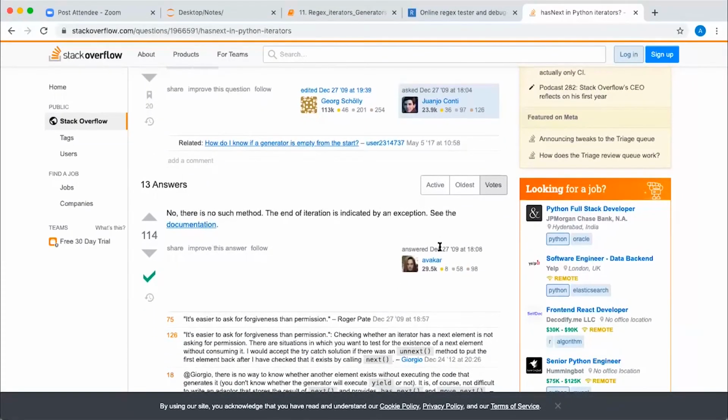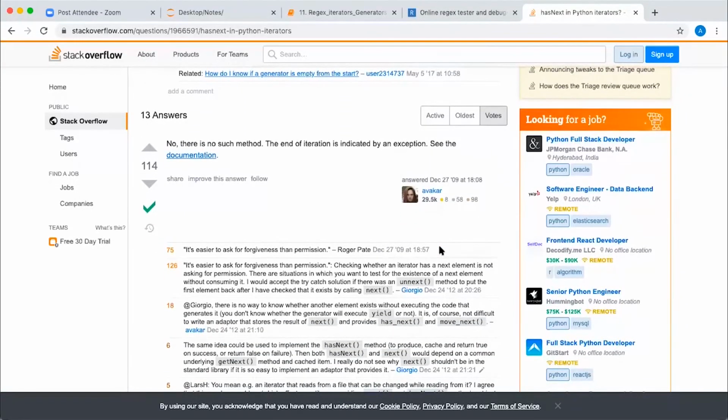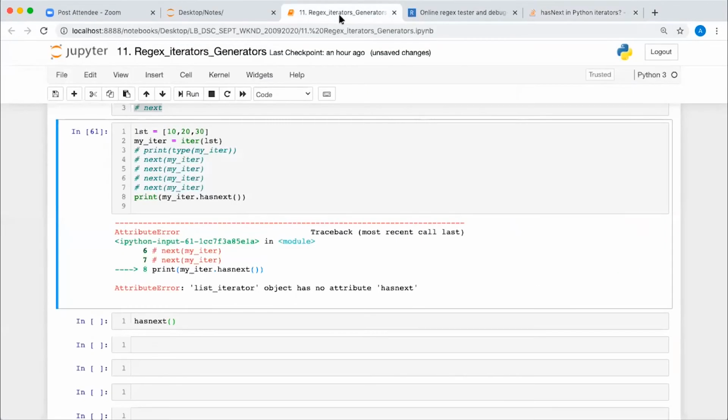Abhishek, when we define iter of something and assign it to another variable, the pointer is at the starting of the index, right? Sorry, I don't understand your question. We are defining iter of lst and assigning to my_iter. Yes, my_iter, correct.